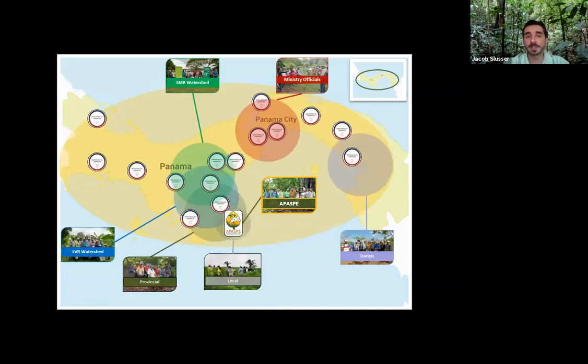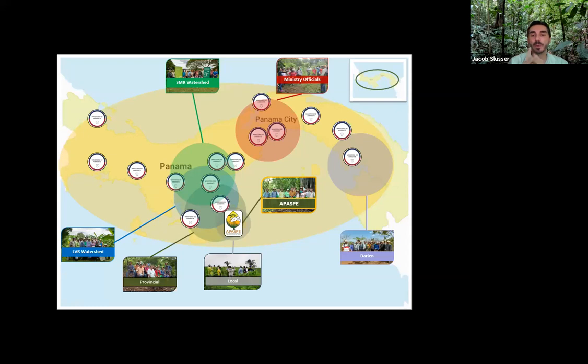So since 2015, Paspe members have co-facilitated over 30 training courses, received over 3,000 visitors on their farms, 400 of which were regional and national decision makers. And this map really illustrates the scale that one empowered community association can have in disseminating, training, and inspiring others on restoration practices. And this highlights the importance of developing centers of local knowledge,